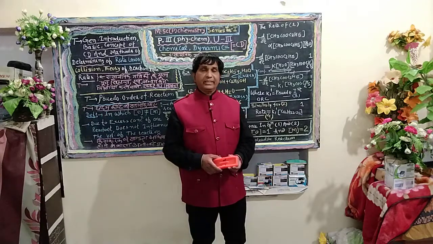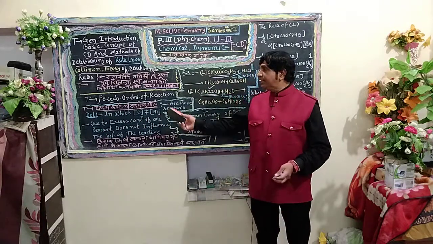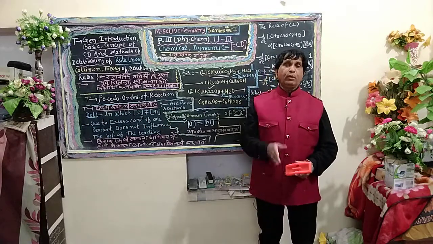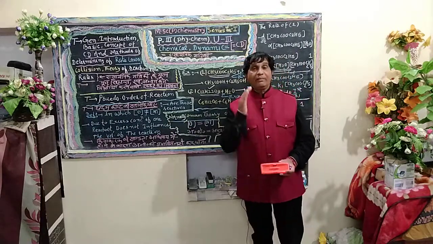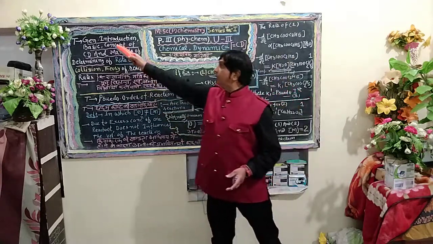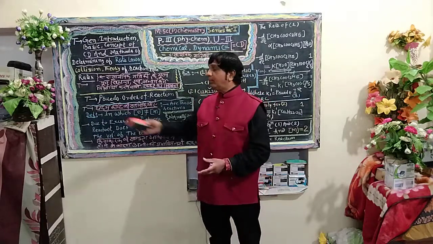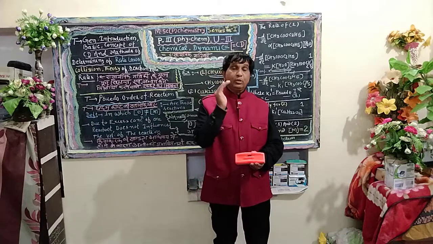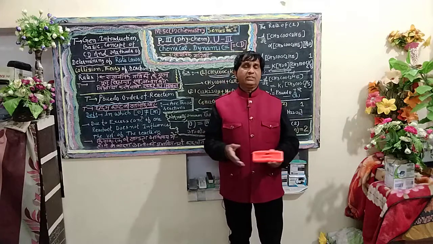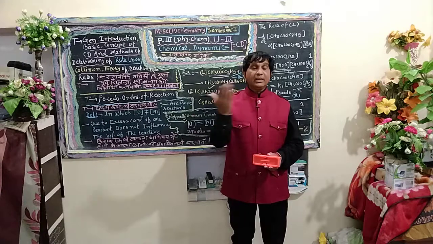of the chemical reactions. Now I will deliver today a very special topic, which I have mentioned on the blackboard in the same series: order of reaction, molecularity. The third one I would like to define today is pseudo order of reaction, in the series of general introductions here. Pseudo order of reaction: pseudo means to develop a dual nature in our mind, to become confused, a state of suspension, where we are unable to decide,